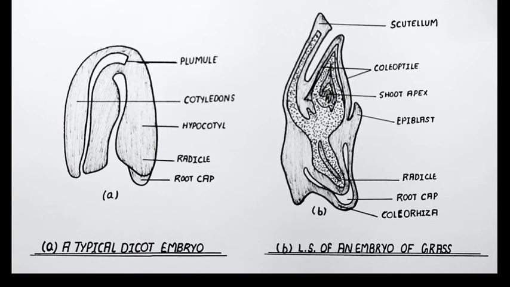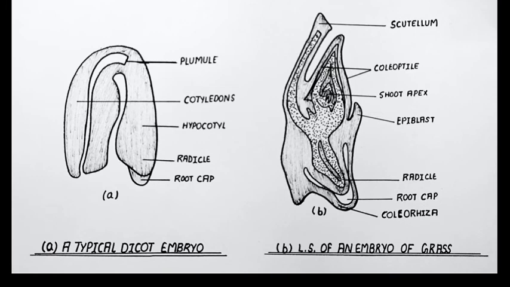Now fertilization is completed. Now, formation of seed. What is a seed? A seed is the fertilized ovule, which is the final product of sexual reproduction. And in 11th class we already learned about the parts of a seed. First one is the seed coat, which has an opening called the micropyle. The outer integument forms the outer seed coat, which we call the testa, and the inner integument we call the tegmen.